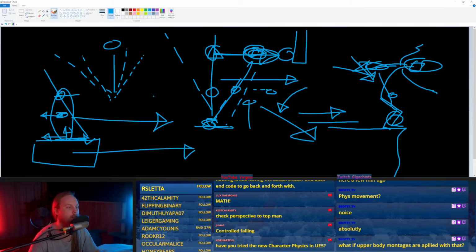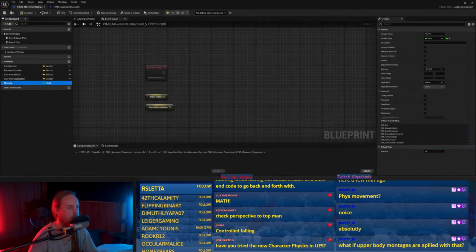But it's supposed to be code first, animation second. Some of the code will make it easier to have convincing looking animation, but you don't need a mesh. Your game could just be capsules and this movement component would still work. So that's kind of the gist of it.